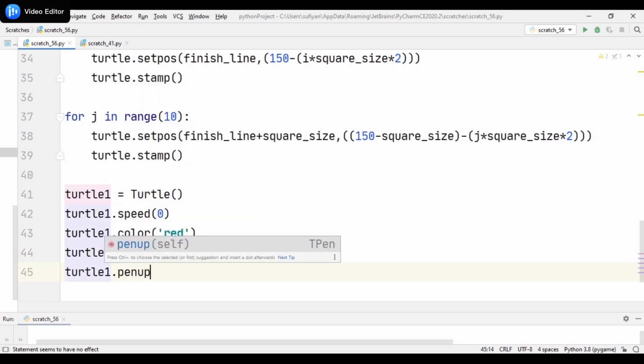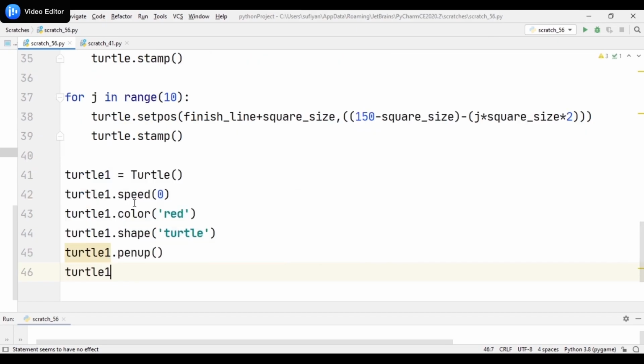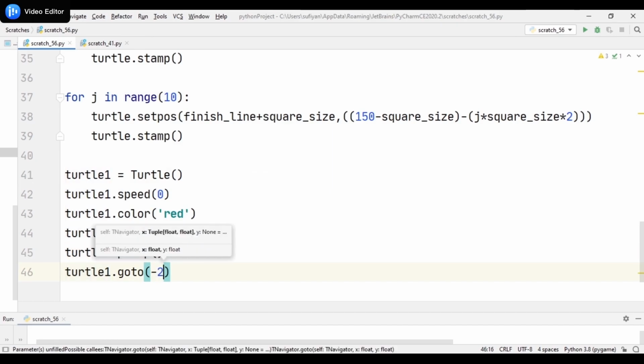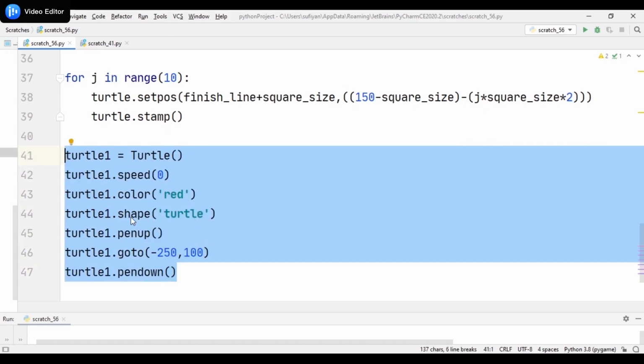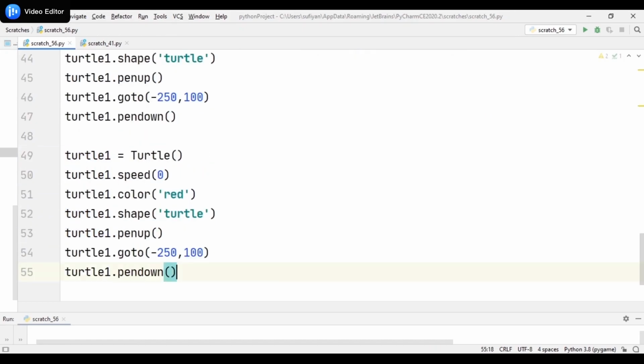Then we will specify the position. Turtle1 dot go to minus 250, 100. Then turtle1 dot pen down. Why have I tried pen up and then pen down? Because when the turtle goes to that position, we do not want it to create a line with it. So first we have tried pen up, and when the turtle goes to that position, then we have tried pen down. So now I will simply copy this code and paste it 3 times.